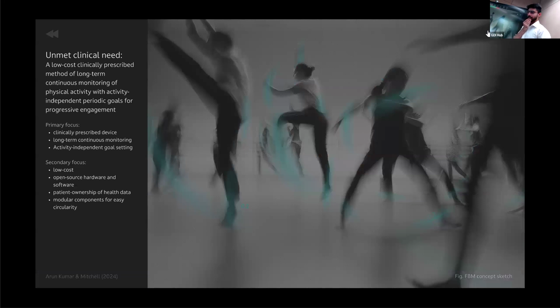So yeah, I just explained what we're trying to develop is a low-cost, clinically prescribed method of long-term continuous monitoring of physical activity with activity-independent periodic goals for progressive engagement. I'm not going to go into my PhD research today. The idea is